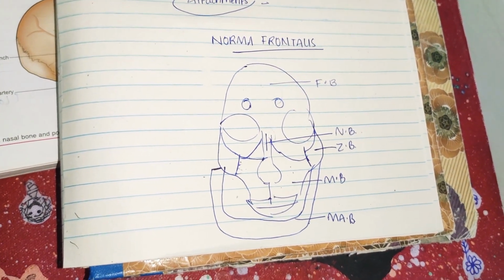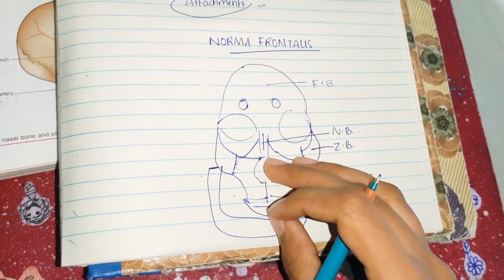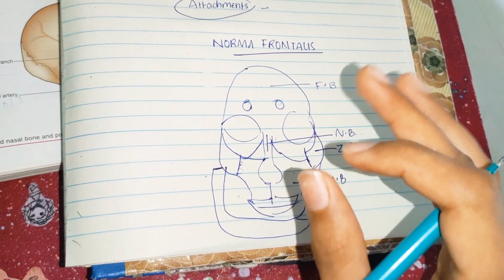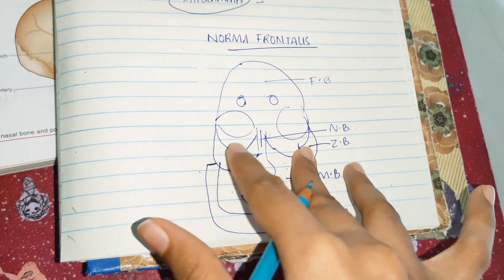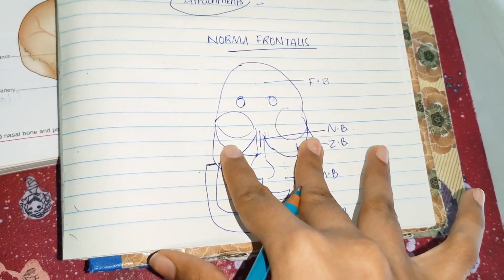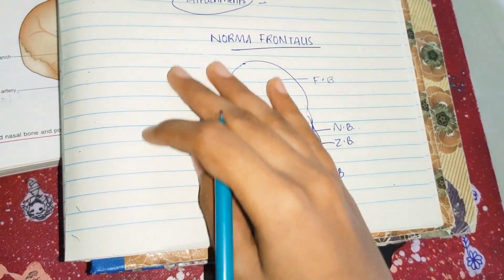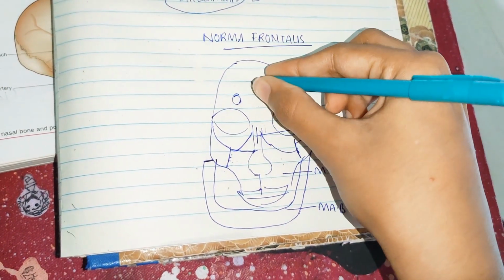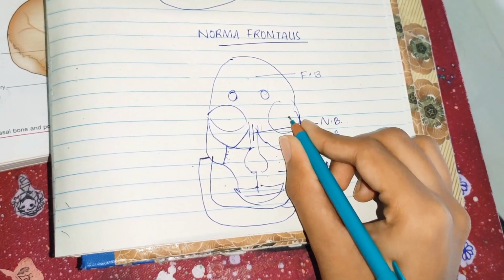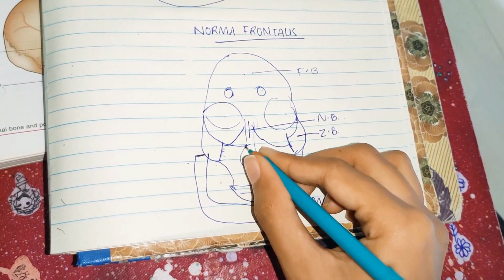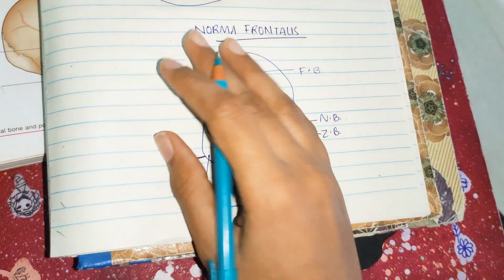So now what you need to understand is norma frontalis is studied mainly under the following headings. Before that, see that zygomatic bones are the bony prominence on the superior lateral part, okay, and they're forming the prominence of the cheek. So in the norma frontalis, you will see mainly the frontal region, you will see the orbital openings, you will see the anterior piriform shaped bony aperture for the nose, and also you will see the lower part of the face. So let me show the real diagram.